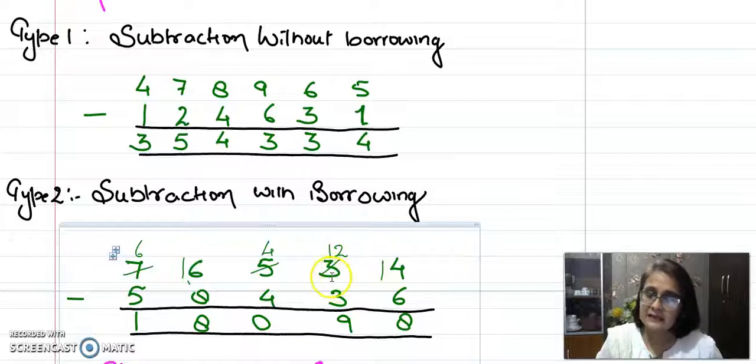अब टेंथ प्लेस के अंदर कौन सी डिजिट है? That is 3. I take one number from it so that 4 becomes 14, and I am taking one number from 3 so that 3 will become 2, क्योंकि वो एक नंबर से क्या हो जाएगा? Reduce, right? So अब वो हो गया 14, that is the number under the ones place. So 14 minus 6, what does it come to be? 8, right?